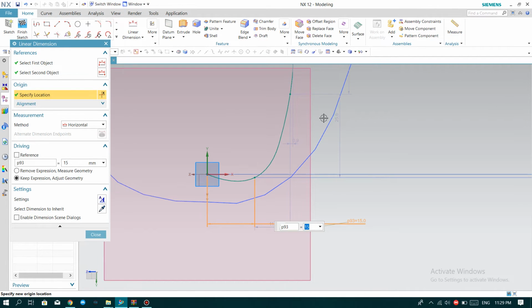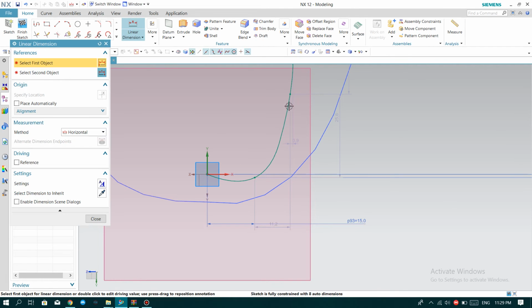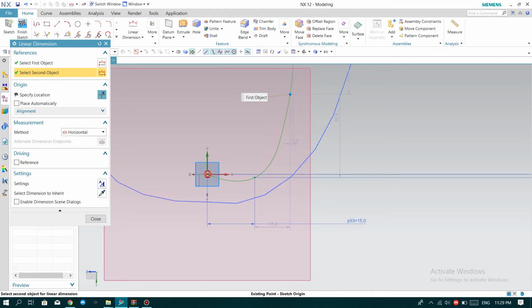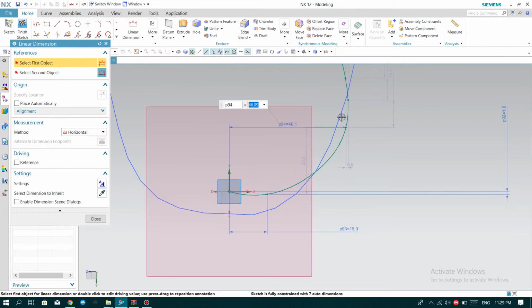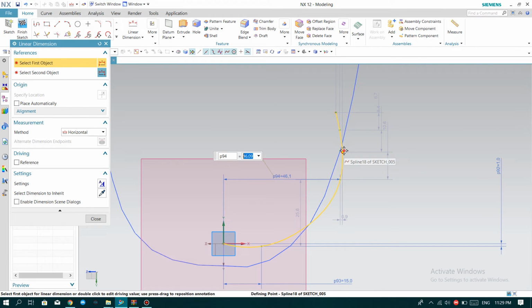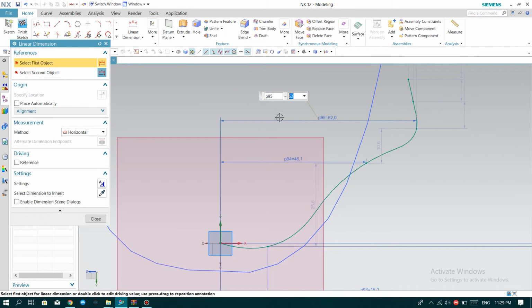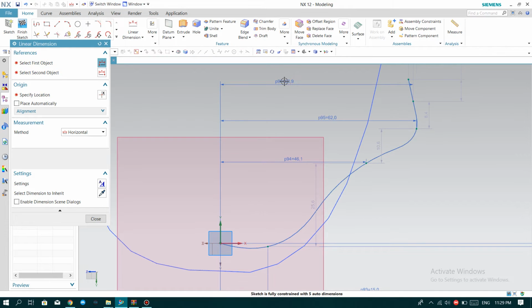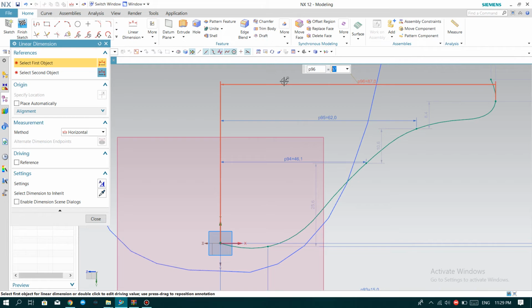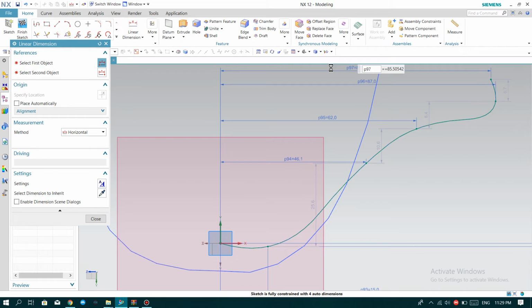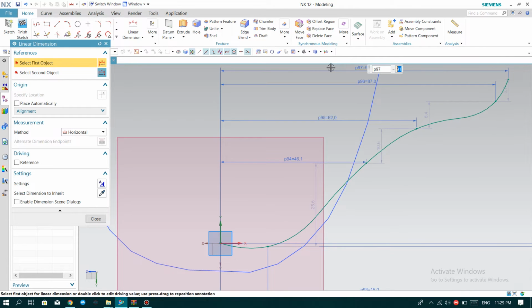15, and the dimension between this point and this point should be 46.09, and this point and this point is 62, and this point and this point 87, and the last point the dimension is 91. Okay,